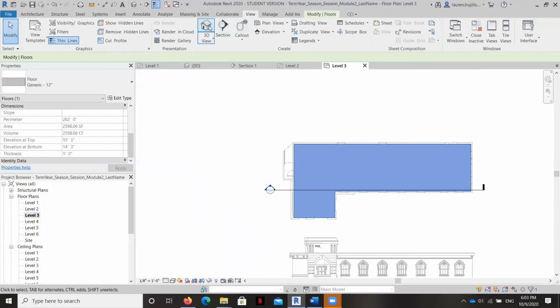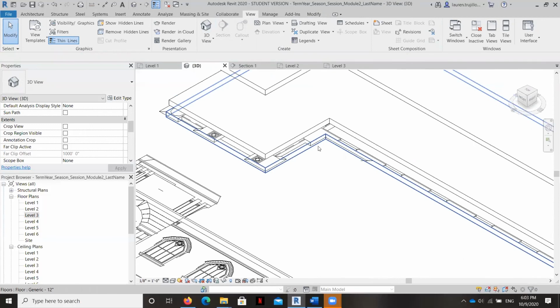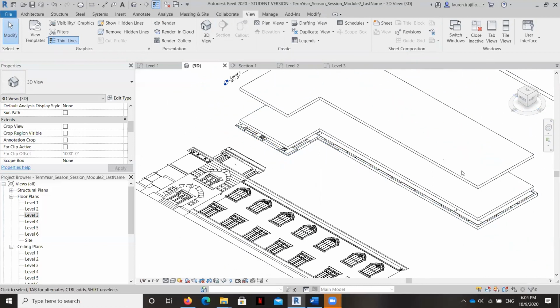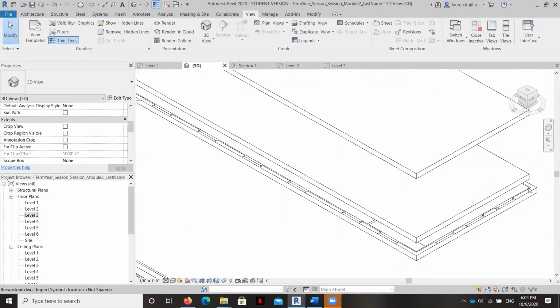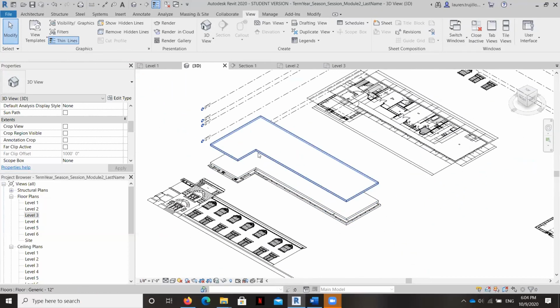So what we want to do is just take a look at our 3D view. And you can see here that the original floor slab has stayed the same, but this is inset just a little bit. Kind of hard to see this view, but you can see that they're aligning with the verticals of where the interior walls are going to be. See? Okay, so if yours looks like mine, you're good to go. And you can see our levels are right there too. As you hover, that level marker, that invisible plane is revealing itself.